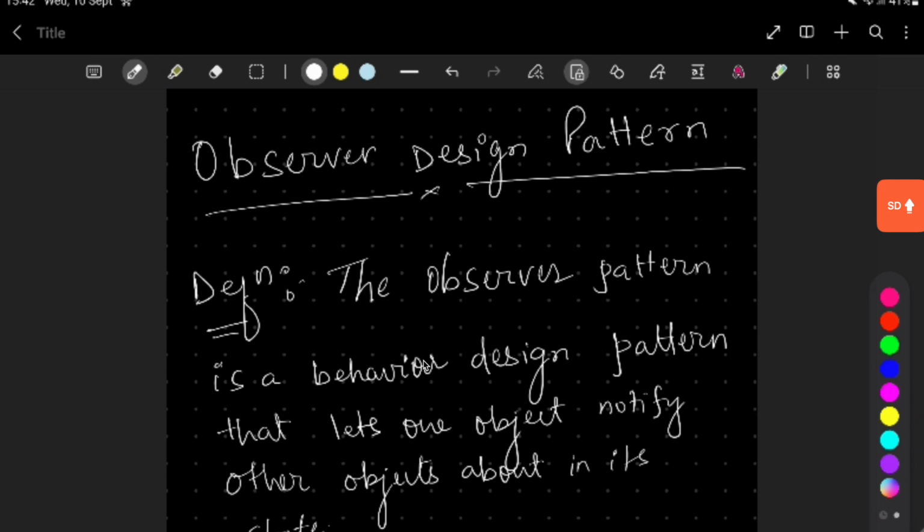So let me tell you the flow of the video, how it is going to be. First I'll discuss the definition of the observer design pattern, and then the key components in the observer design pattern. Then I'll discuss the class diagram. In the end, I'll discuss a weather station app, where I'll show how to implement the observer